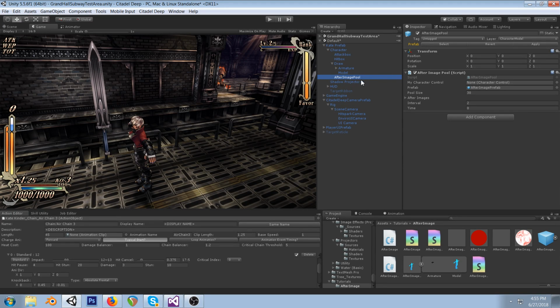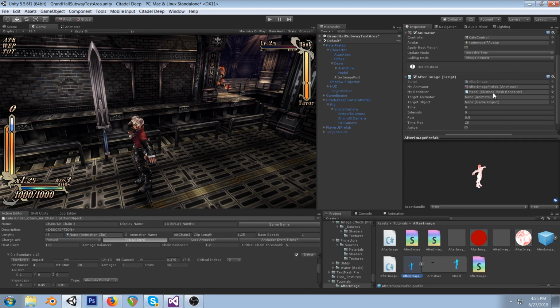When it starts, you basically drop this on a character, add this Afterimage pool script. Pool size is going to be dependent on just what works for your game, and your interval. If your interval is bigger, you can have less on there. And it's going to depend on the fade out time on your prefab as well. So your prefab